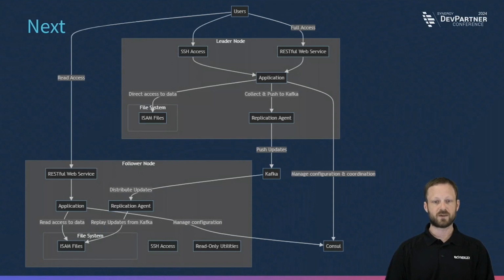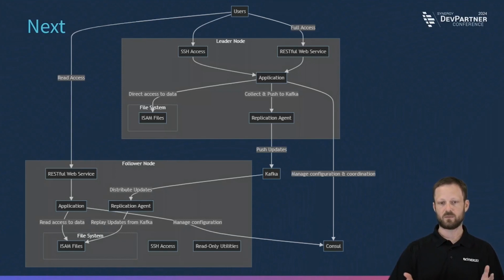And finally, in this diagram, we have a little box off in the lower right-hand corner there for Console, and that thing is managing configuration. So we're doing coordination in terms of who is the current leader node versus the follower node. Console's doing that job for us. And we're also sending down any configuration, think distributed synergy INI file. That's what we're using Console for here.